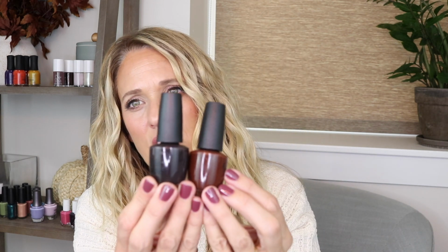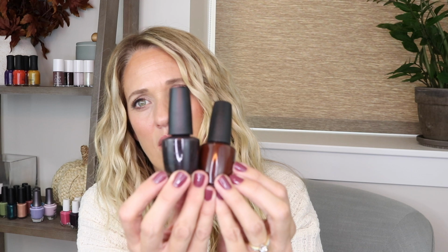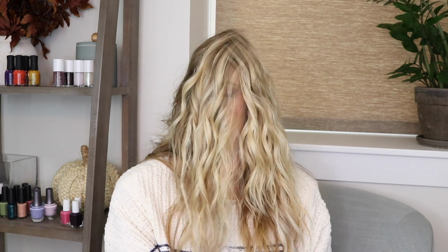Let's see if I can hold it up next to this one so you can see the difference. See that this is more of a chocolate brown, and this is like a rich, dark chocolate brown. Such a good one. This will probably always be in my favorites too. So good. And then I guess I stuck this in the brown category, but really it's kind of a smoky